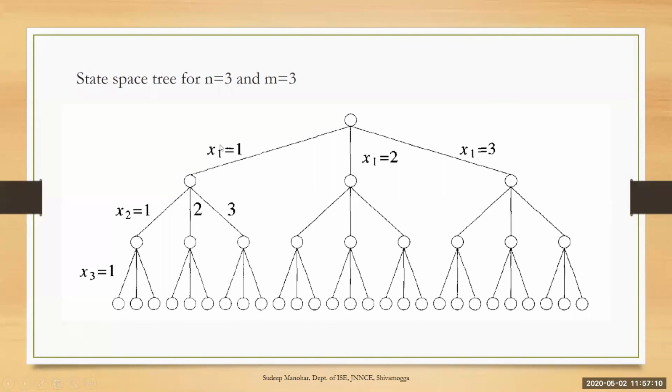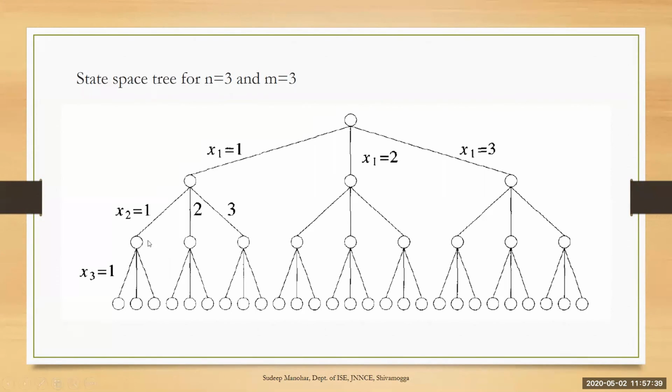So what does the first level tell us? I'm referring to this one, level 1. This is level 0. This is level 1. In level 1, it represents vertex number 1, and there are 3 options. One option is that it can be colored with color number 1. The second option is that vertex number 1 can be colored with color number 2. The third option is that it can be colored with color number 3. Next, if vertex number 1 is colored with color number 1, we move to the next level.